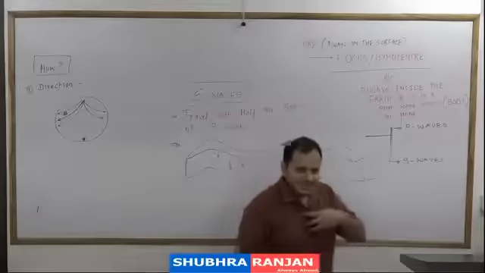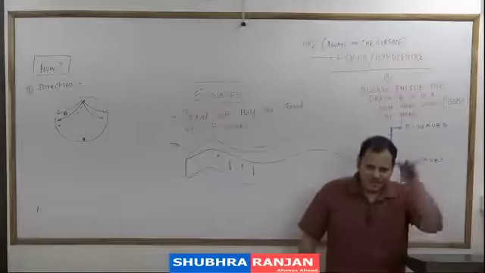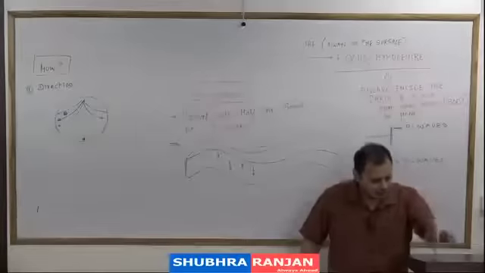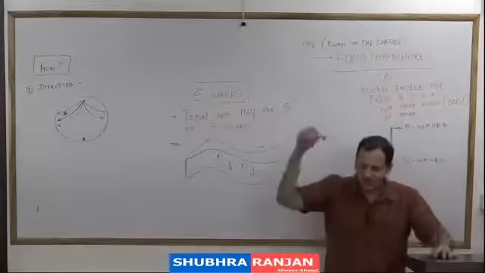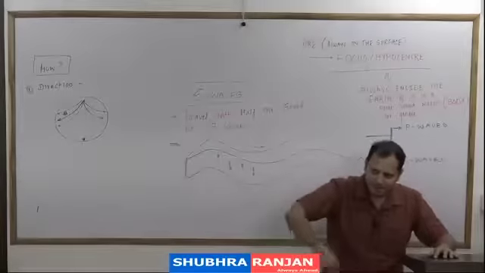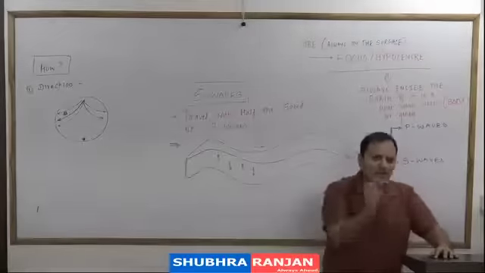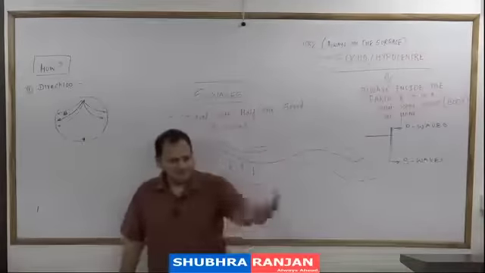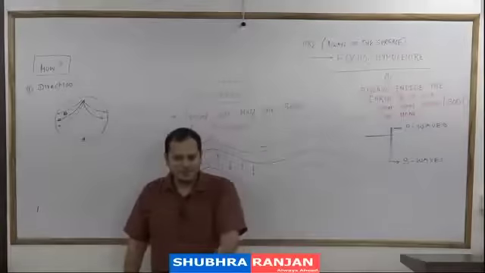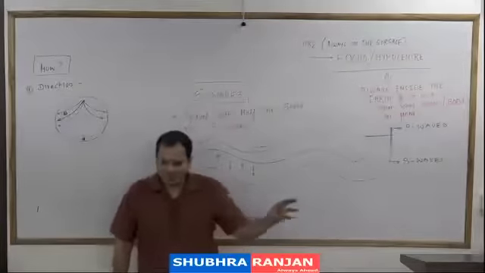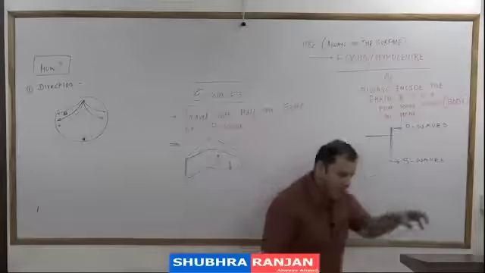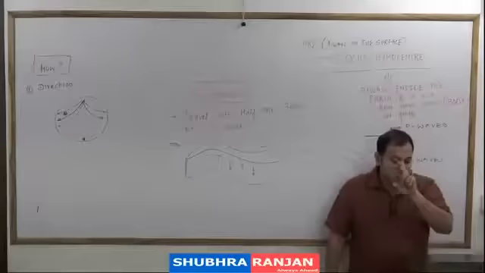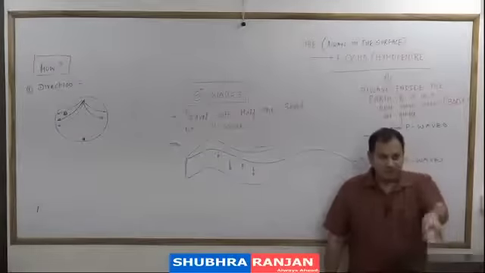So can we conclude that the earth is made up of materials of different densities? And because it is made up of materials of different densities, the waves undergo refraction, or bending of the path. We come to know this with the help of P waves and S waves. Is the whole earth made up of silica and aluminium? No. It is made up of rocks in which silica and aluminium are dominant to some extent, but it means the earth is made up of rocks in molten form of different densities.